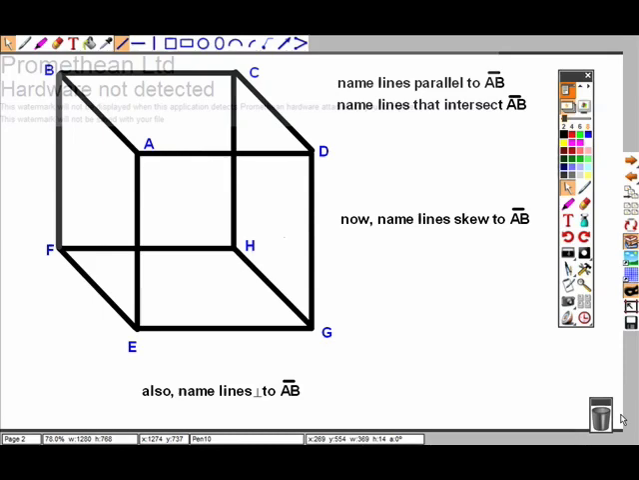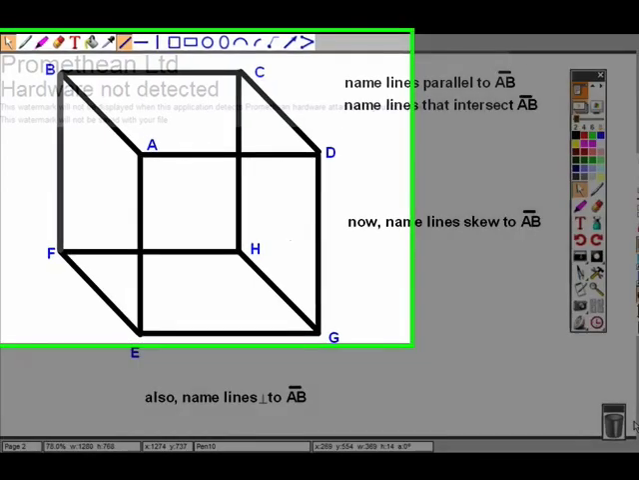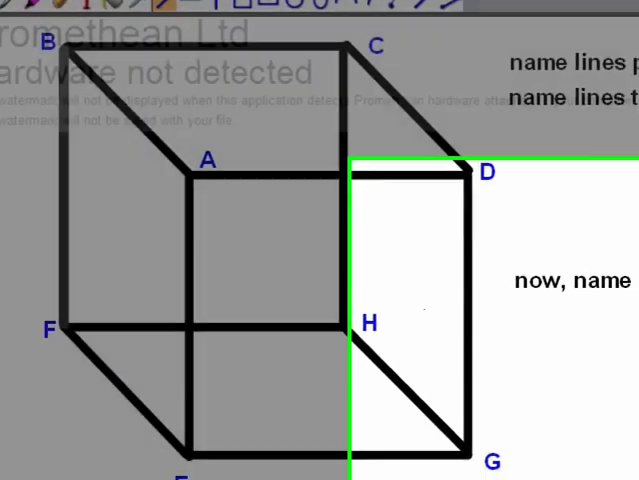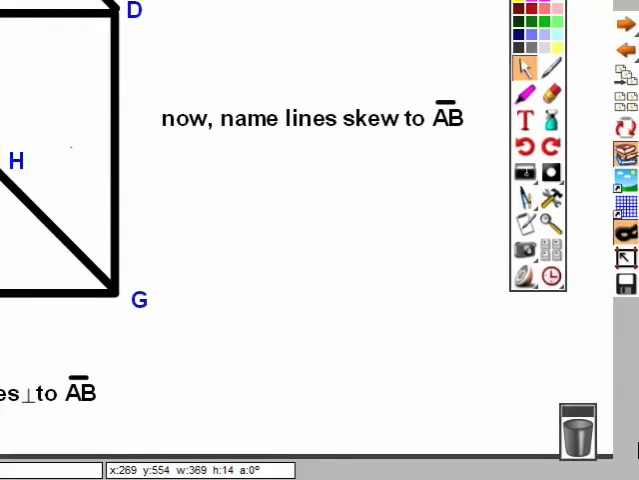Even with the hands-on demonstration using straws and marshmallows, I was not able to show the students what skew lines were because the hands-on model would not stand on its own long enough for me to show them lines that are skew. With the Promethean board, the students can see with my cube how I pull line segments apart to show them skew lines. For example, if we want to show all lines that are skew to AB, we pull the line segments that are parallel to AB,